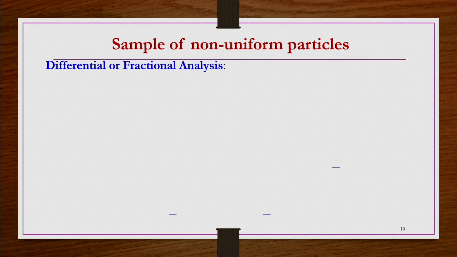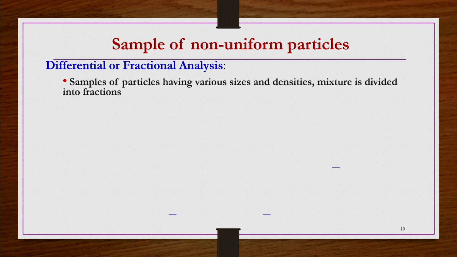So, then for individual fractions you can apply the principles of the size analysis of uniform mixtures. Like that you have to obtain the surface area of individual fractions, of all fractions indeed, and then add them together. So, then you get the surface area of the entire sample. Okay. If you divide by the mass of that entire sample, then you will get the specific surface of the entire sample. That is how we have to do. But here for non-uniform particles, we have two approaches for reporting the results or obtaining some kind of size analysis results. One is the differential analysis, which is also known as the fractional analysis. Another one is the cumulative analysis.